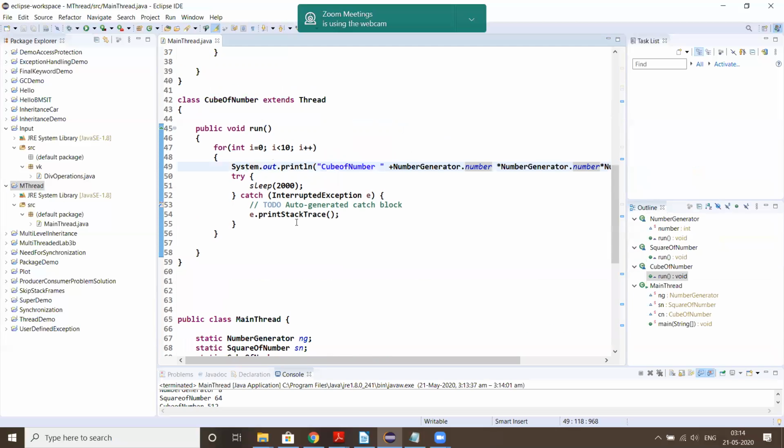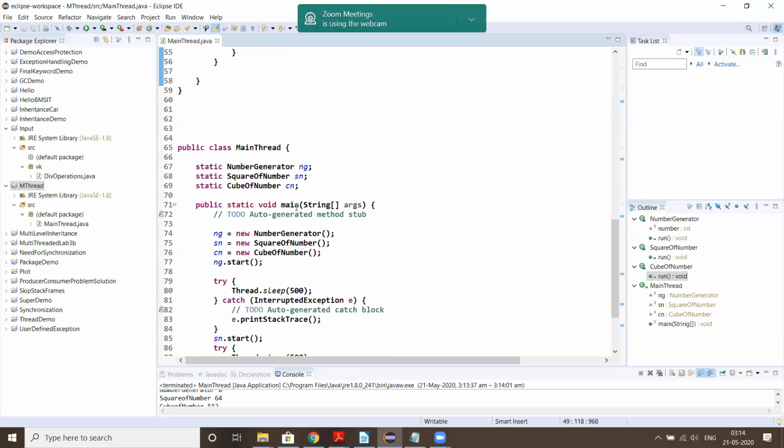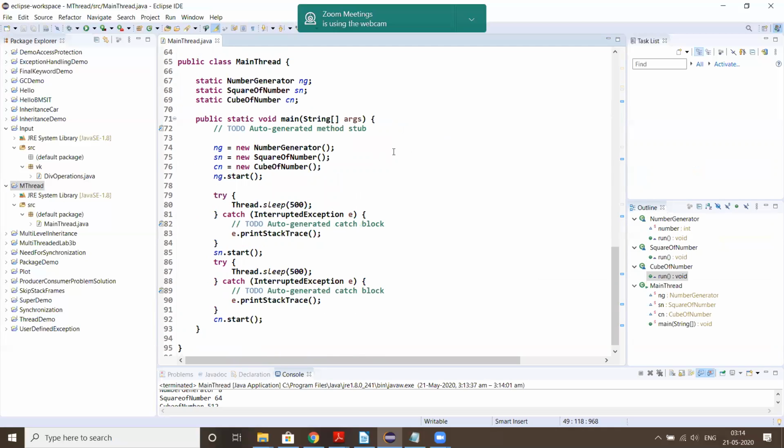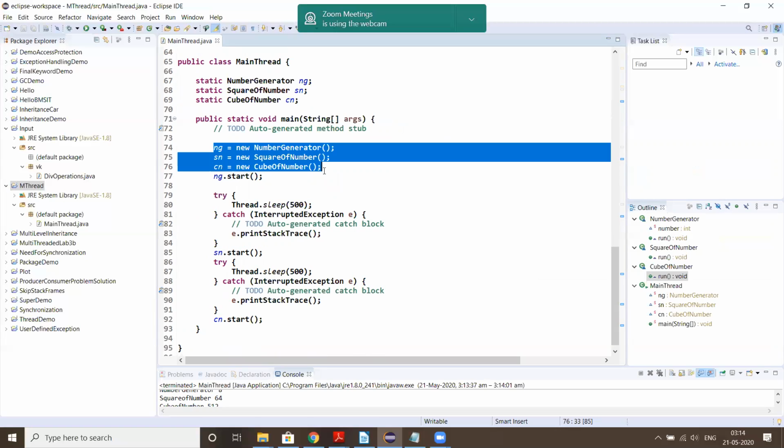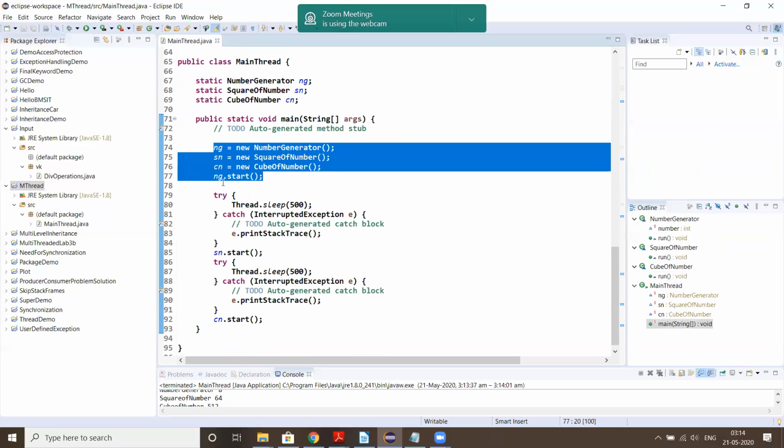Hope you have understood this thread concept, how threads are created. Let's have a recap. We have 3 data members, NG, SN, CN, and we are creating the threads and starting them here. I'm introducing a delay to ensure thread 1 is executed first, then thread 2, and then thread 3.